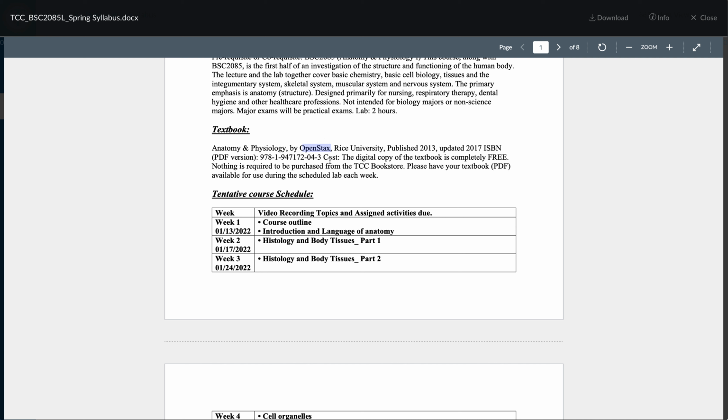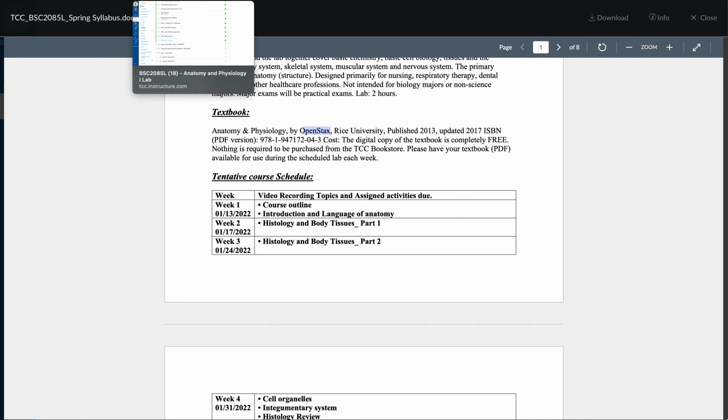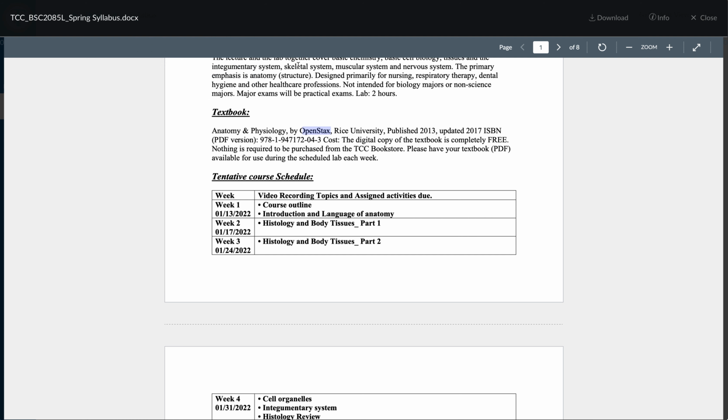For the lab, we're going to be relying heavily on the need to knows sheets that are posted under the 4 different modules on campus.